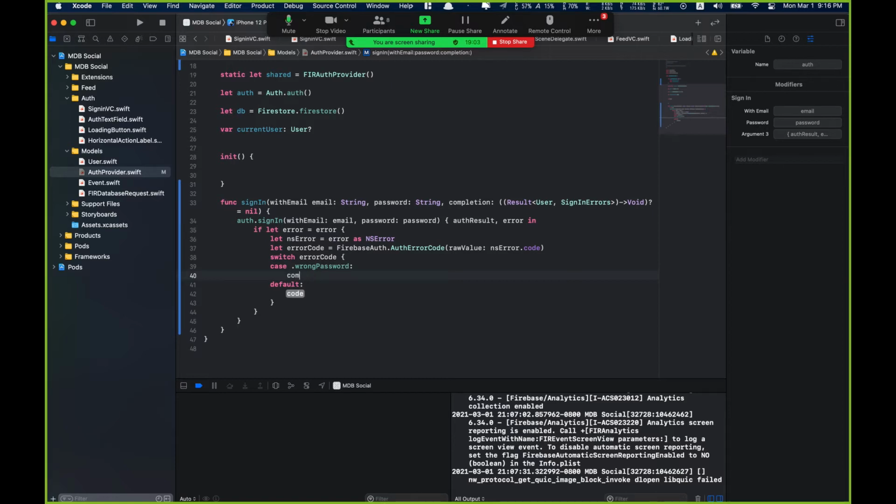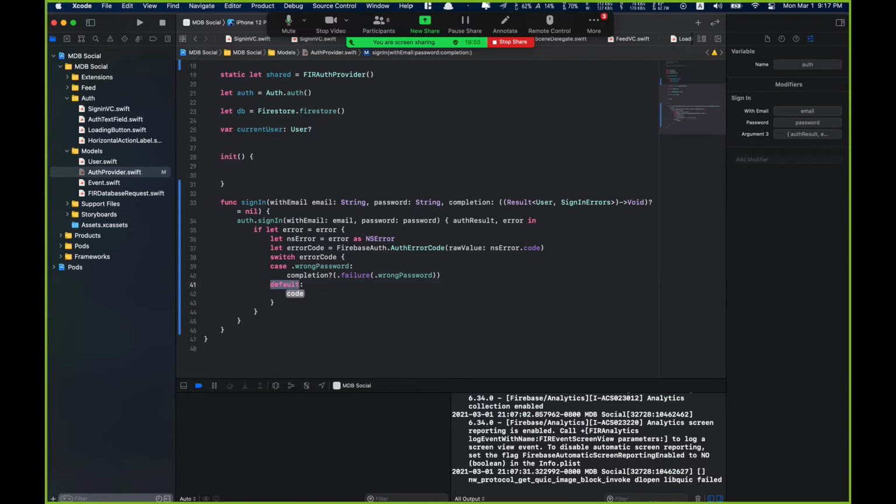So let's see how this is gonna work. Wrong password, that means our completion must pass in a failure. We want to unwrap the completion and then say failure, and the sign-in error is going to be a wrong password sign-in error. So this will trickle down to the caller of the sign-in function, and it will handle it from there. Because this is a model. Model shouldn't handle view-specific behaviors. Model should only handle the interaction with the data, and it will be the view controller's job to handle the results of that data on the specific views. So here we're just gonna pass in the completion, and then for all of the other cases,